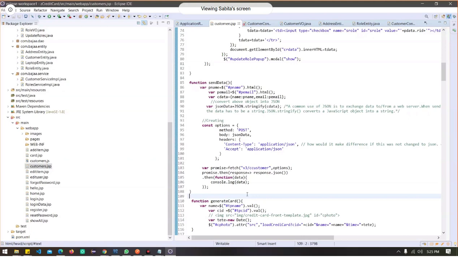I actually got confused there. So accept, is that like the 200 we get when the send is successful? Is that accept? Content type means in what format you are sending data in the body. Accept means in what format you are expecting a response from the server. You say, hey server, I would be sending JSON data and I will be expecting JSON data from you